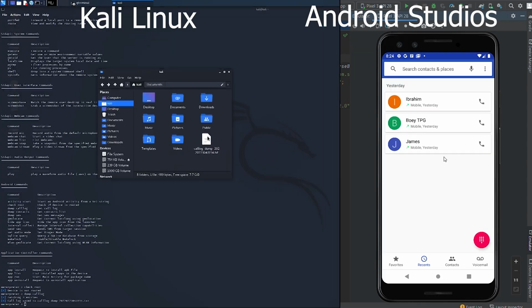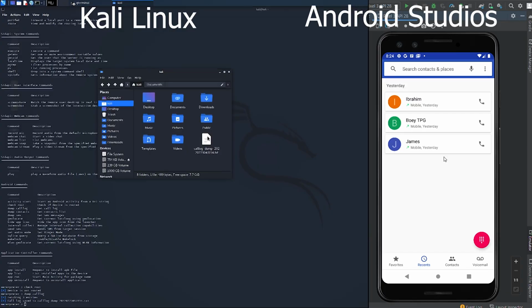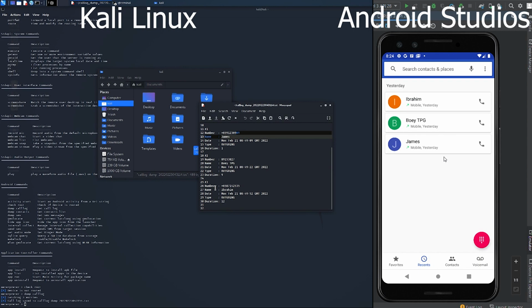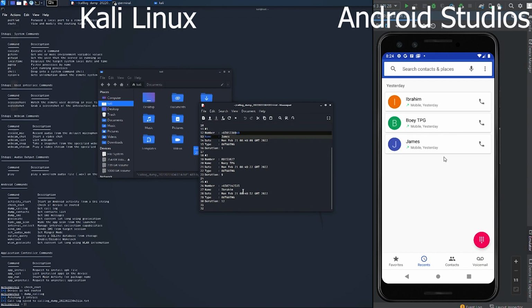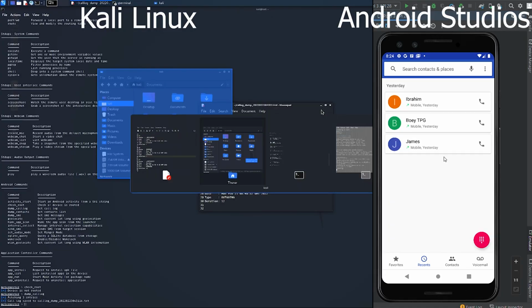Once it's successfully extracted into a text file, we can see it from the Android phone and the Kali side. Now when you open the file, you'll find that the call log on the Android phone as well as the text file on the Kali side is exactly identical. So this tells us that we have successfully extracted